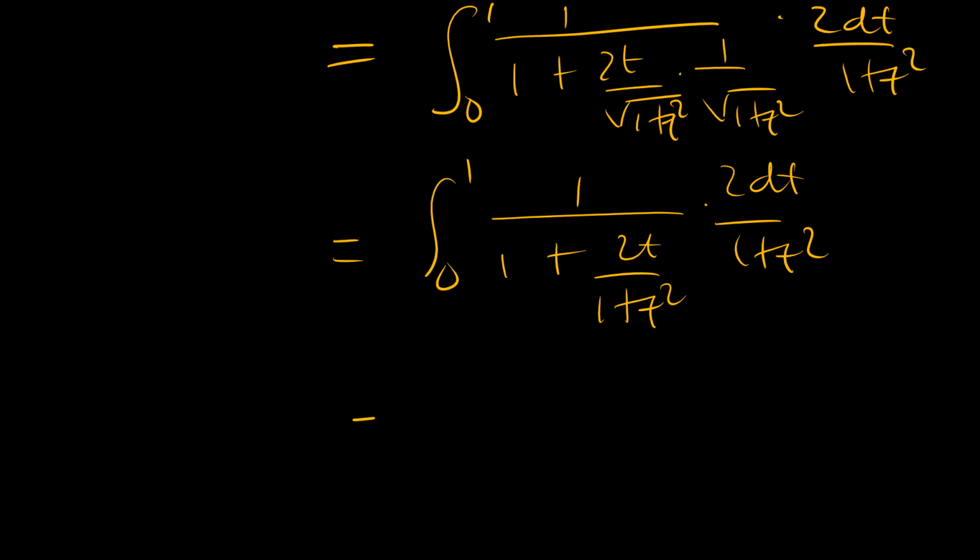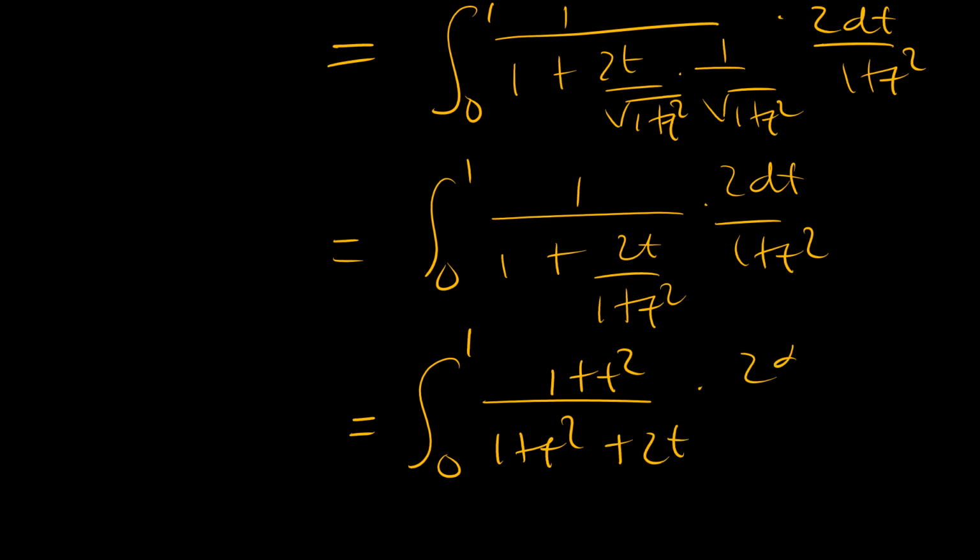So we can multiply both the numerator and denominator by 1 plus t squared, and this becomes the integral from 0 to 1 of 1 over 1 plus t squared over 1 plus t squared plus 2t, times 2 dt over 1 plus t squared, and that would cancel. We can pull the 2 out this side, and this becomes 2 times the integral